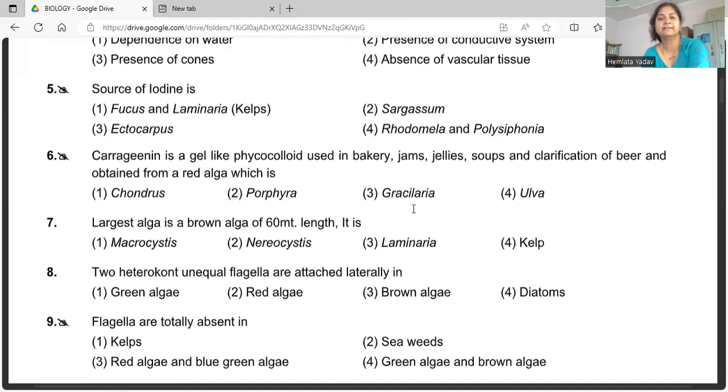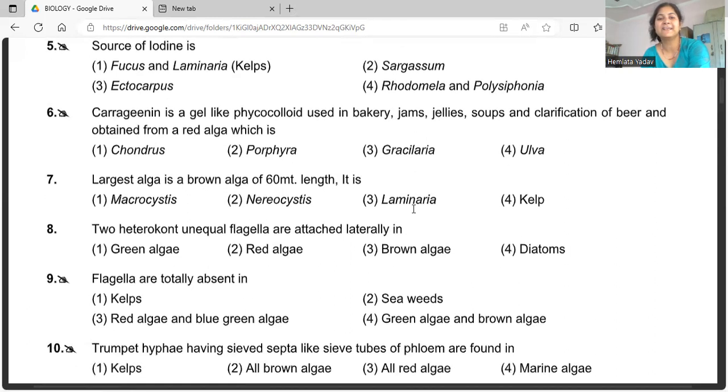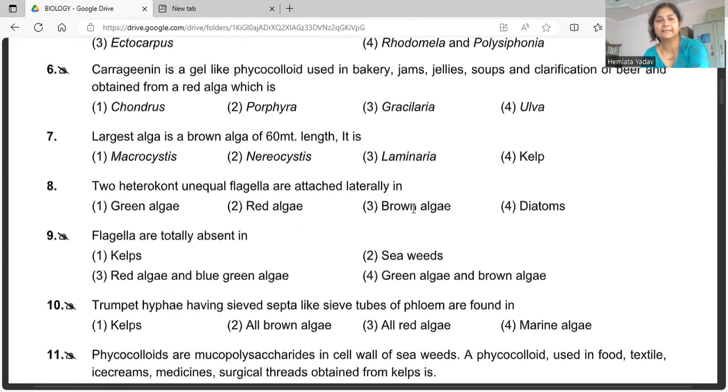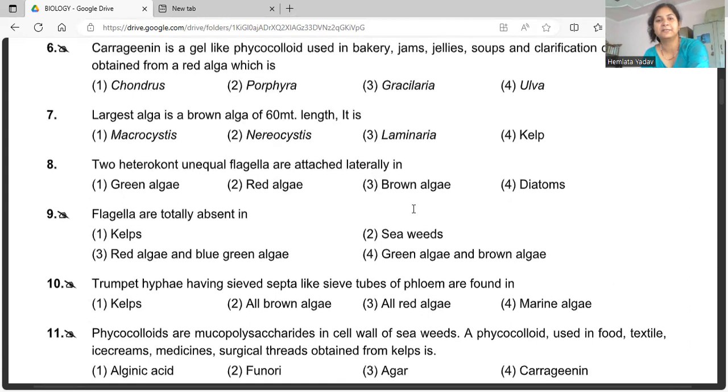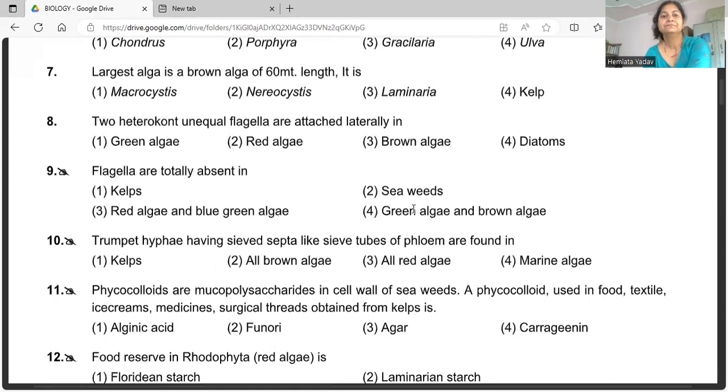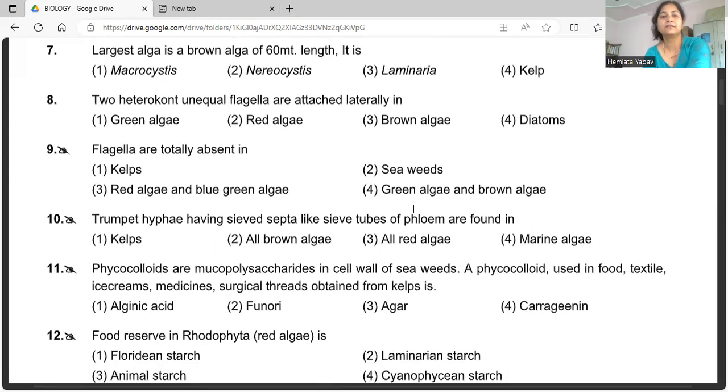So we know that the iodine sources are Fucus and Laminaria, they are seaweeds, and carrageenan is a gel-like phycocolloid which is used in the bakery, jams and jellies. It is obtained from the Gracilaria. The algae named Gracilaria gives us carrageenan, which is used in bakery and so on. The largest algae is a brown alga, 60 meters in length. What is its name? Macrocystis. And the two heterocont unequal flagella attached laterally in